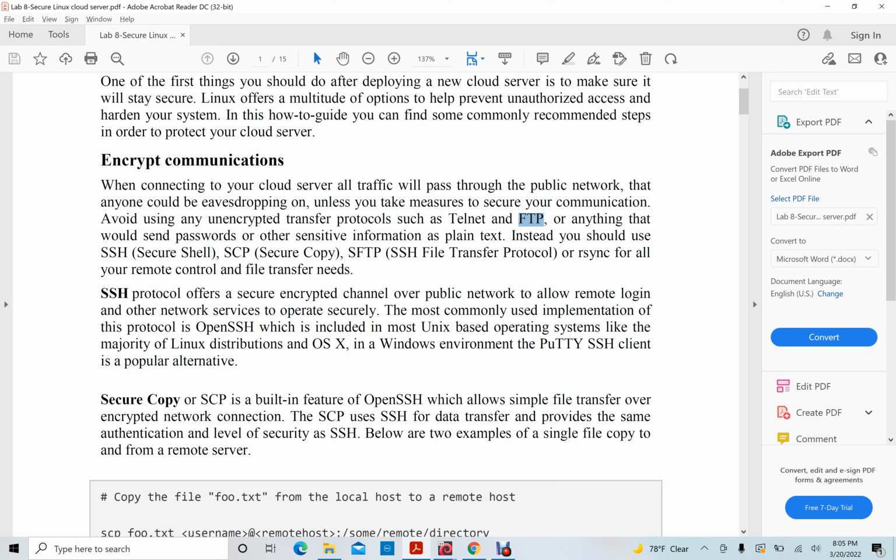We can build over those two protocols a secured version of these protocols. For example, instead of using Telnet, we can use SSH, secure shell, and instead of using FTP, we can use secure copy or secure FTP. These three protocols can be an alternative to unsecured protocols like Telnet or FTP. For example,